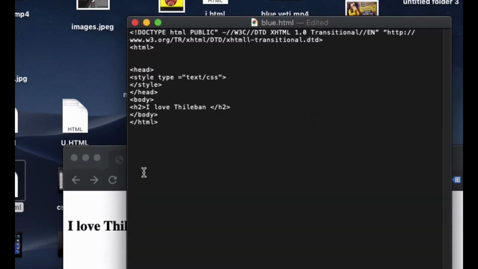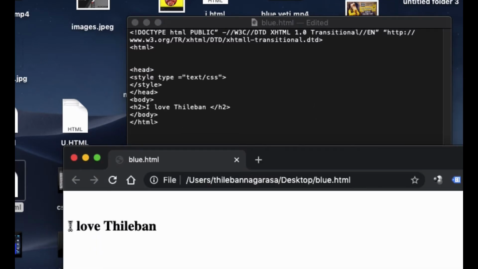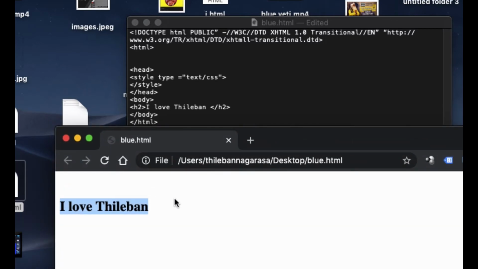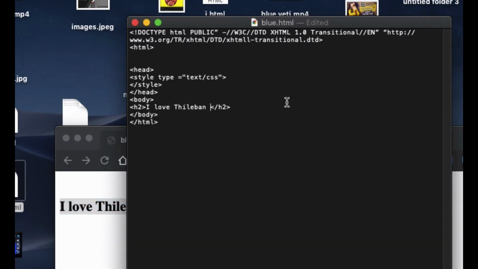Now we want to give a color in the background. Let's say we want to highlight this text with a background. If I highlight it like this alone, it just comes as blue. I want to make a nicer color, let's say yellow. To do that, we have to go to the style, and below the style put h2. That's our header 2 we created, h2, and then background